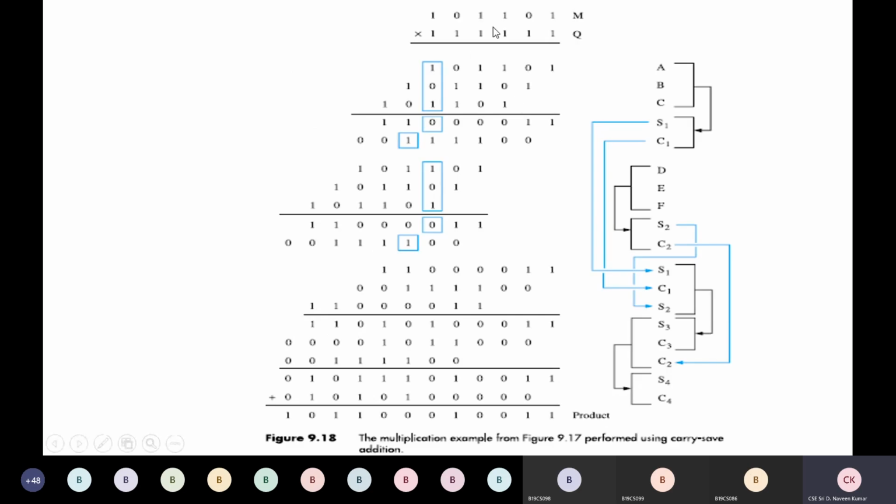So we got the product of these two numbers. So when we multiply these two numbers, these summands came. To add these summands quickly, we take them 3 at a time: we added the first 3, then the next 3, and we operated on their sum and their carry operations, and finally arranged so that 2 remain, and the final product we got.